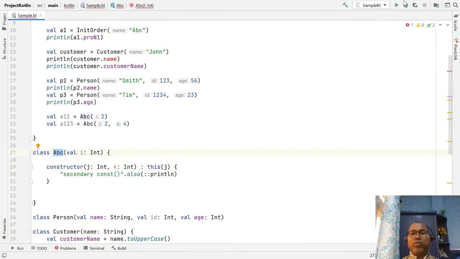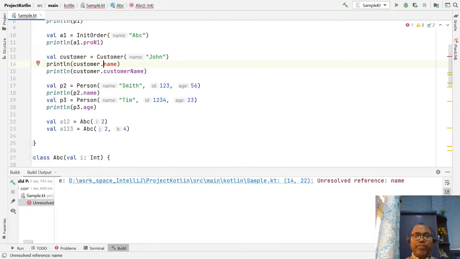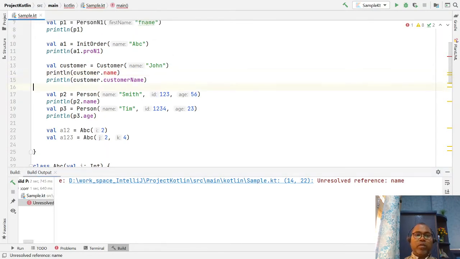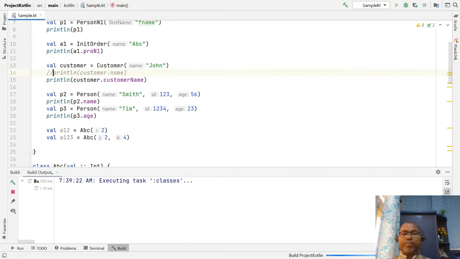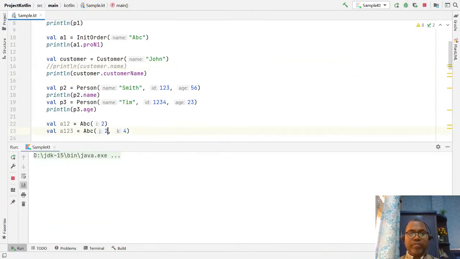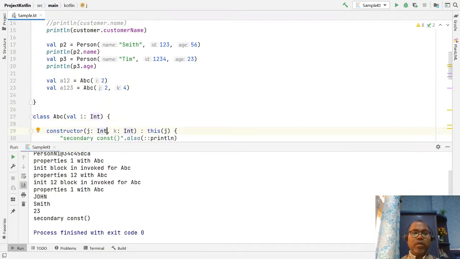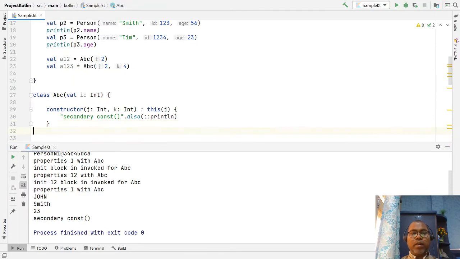In this way you have the option to create multiple constructors. This is the way you can write different constructors.